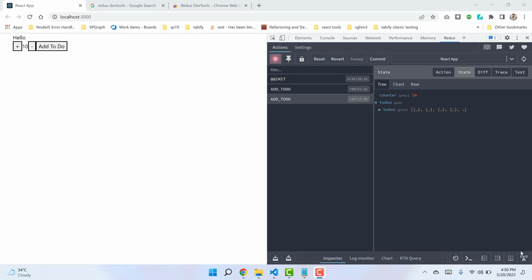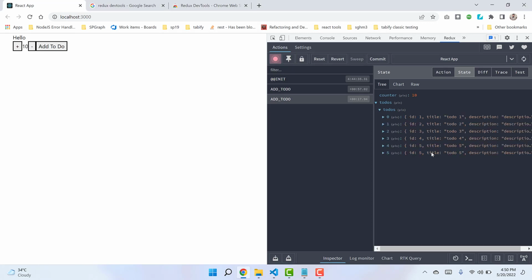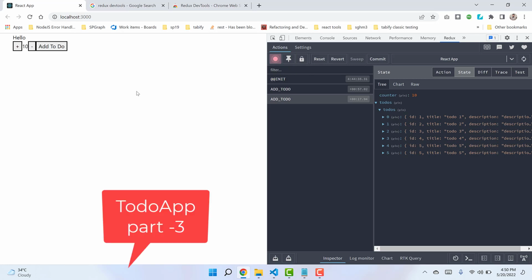Hi students, today we are going to continue our to-do that we previously started. In the last video we set up the dev tool, Redux dev tool, to track the states of React Redux. So today we are going to continue with our to-do list, and as a second part what we are going to do is make a little to-do UI comprising of two